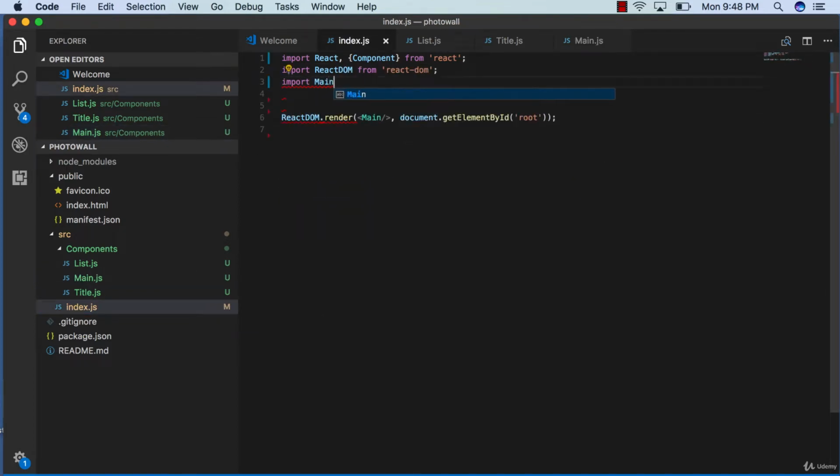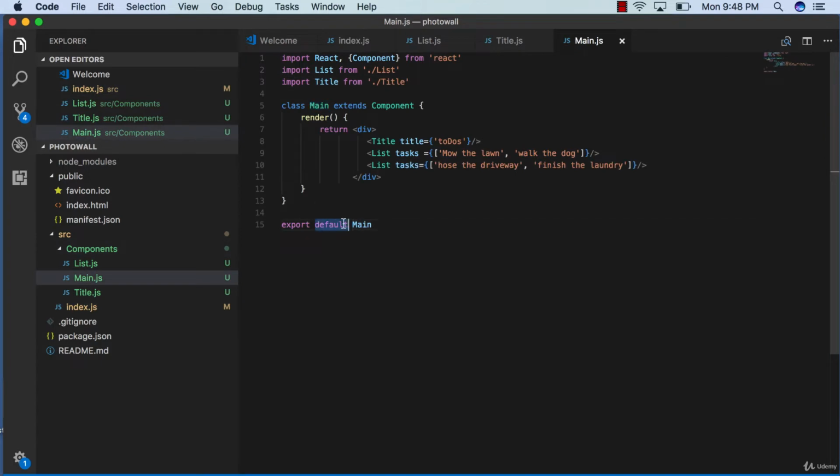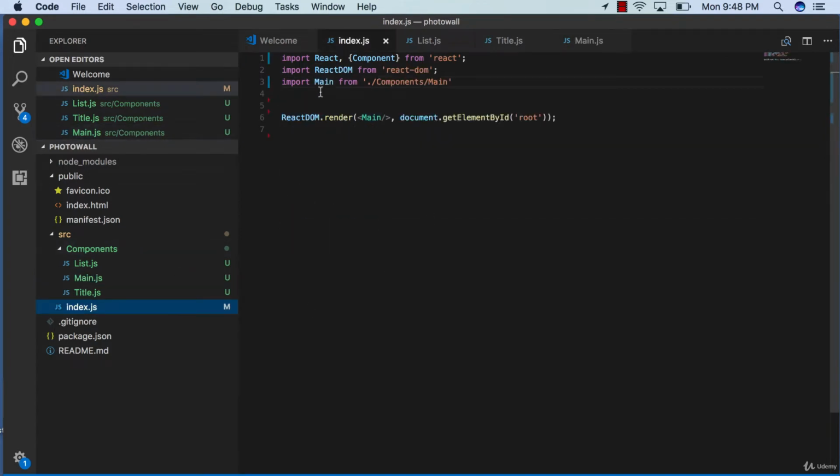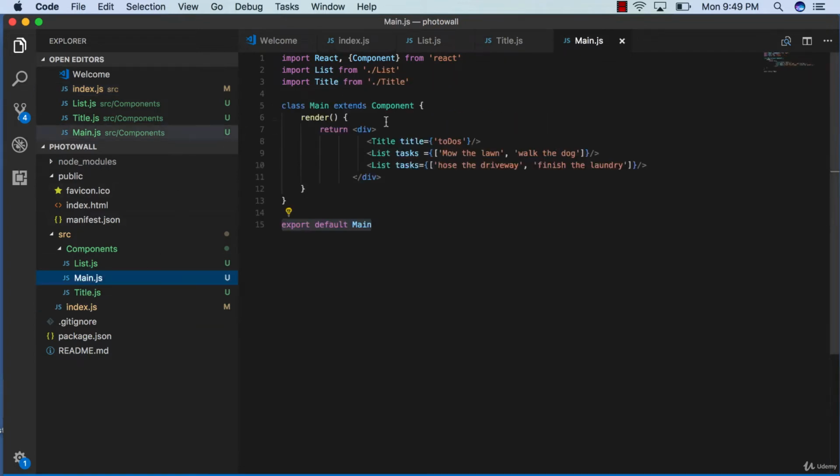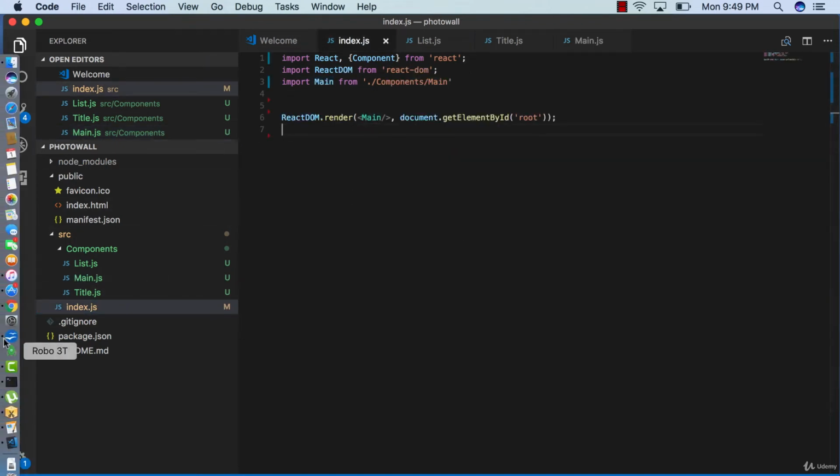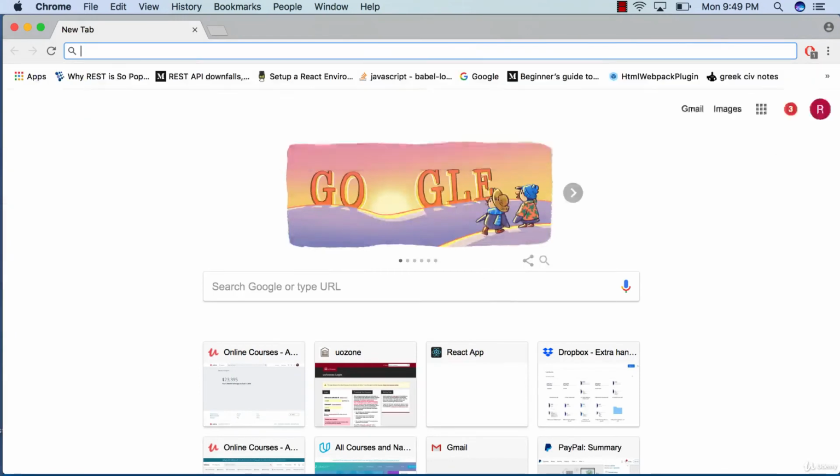Import main from /. We're going to have to go to the components folder /main.js to import this exported component and access it through this variable. And through this variable, we're rendering an instance of our main component, which contains these 3 instances of our subcomponents. So this is the exact same code as what we had a few minutes ago, except that now it's a bit more organized. If we go back to our browser, localhost 3000,